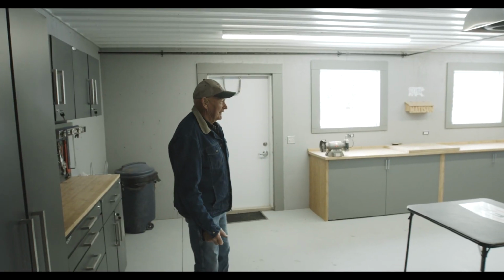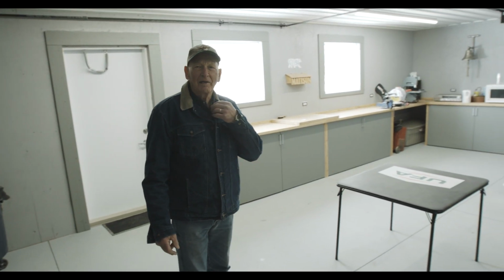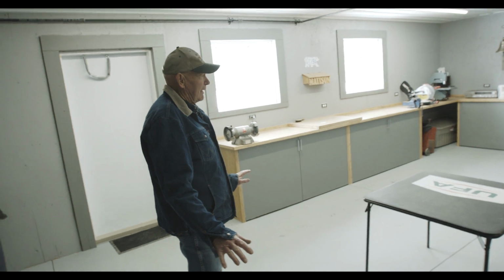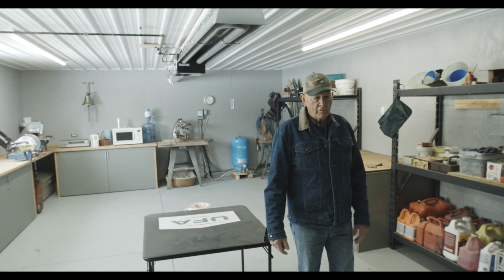There we are. It's kind of a little kitchen as well, because when I'm working, I got to eat and have coffee and that sort of thing. And it's good, but I'm not quite sure if it's big enough. That's the only thing. Again, I'd like to make one comment that